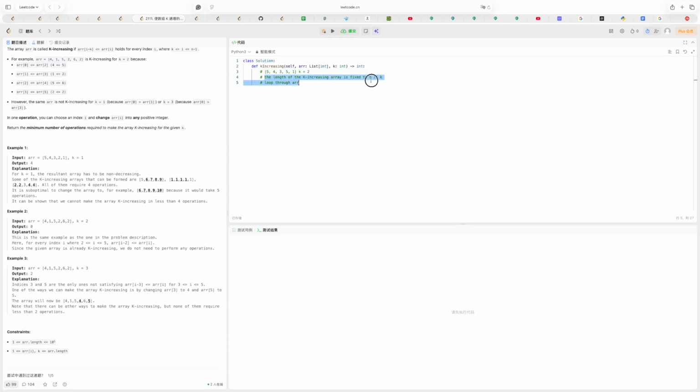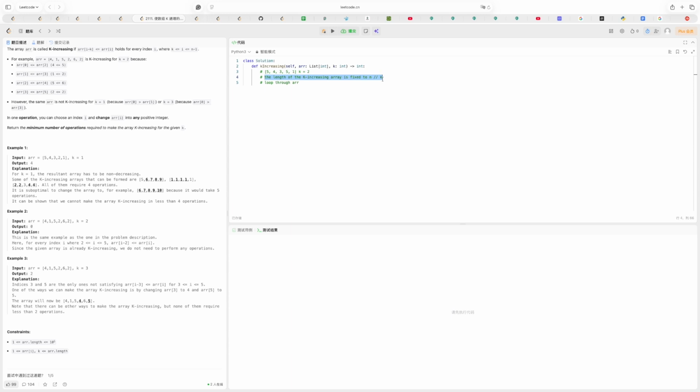We don't know if I loop through the array and then maintain every tail starting from every index, but